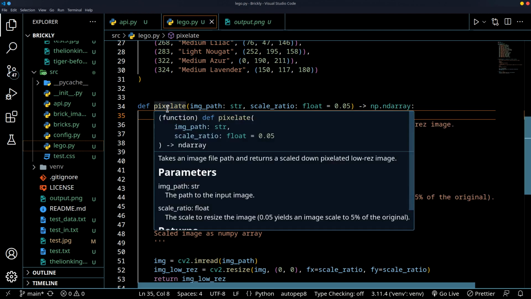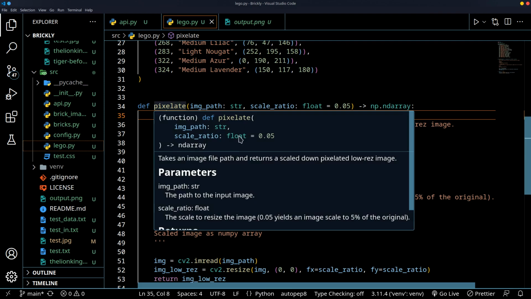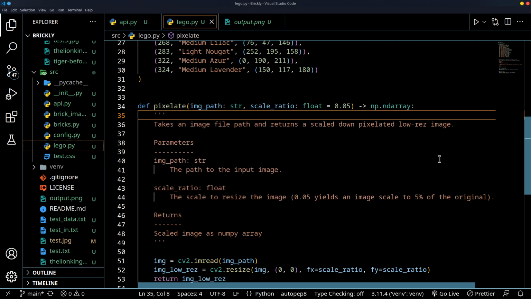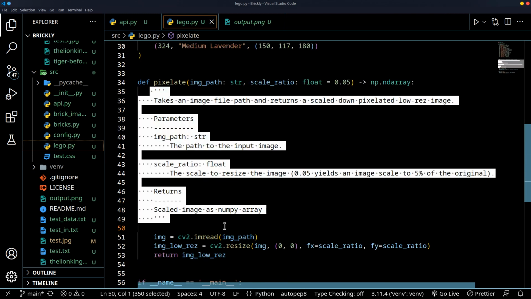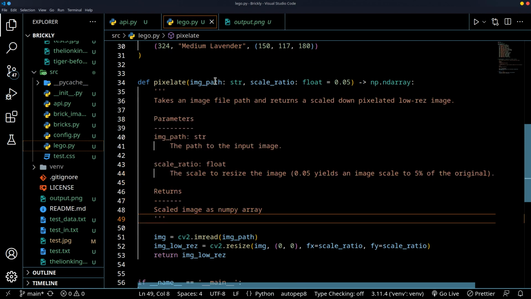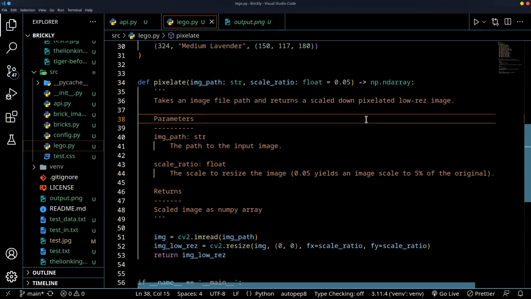So now if I put my mouse over pixelate, you can see that everything that I put in here is very specific. So it's expecting a string and a float, and it's going to return an ndarray from NumPy. Again, this is our detailed documentation here. So this is a great best practice to follow. Adding documentation to your code: what does it do? What are the inputs and outputs? And then providing type hints like these so that people know how to properly use your code